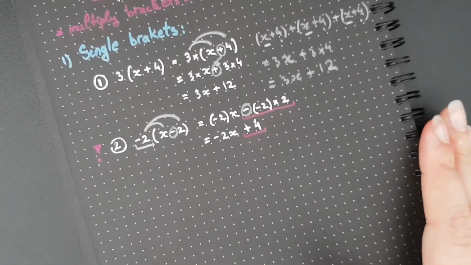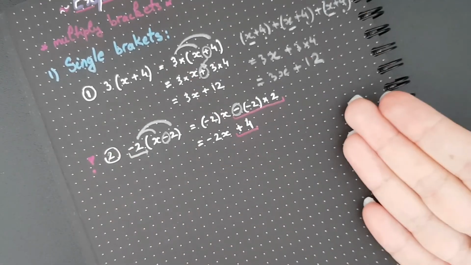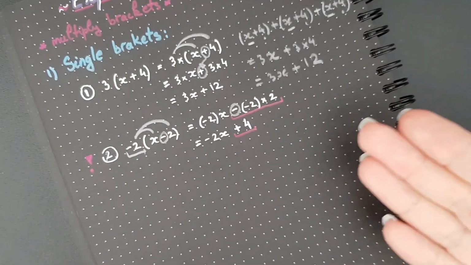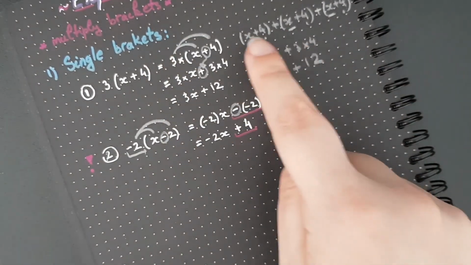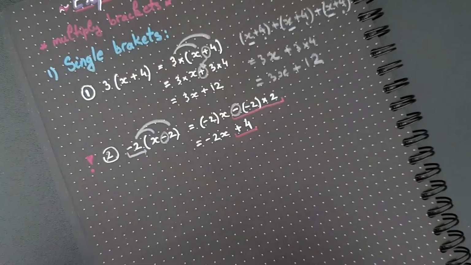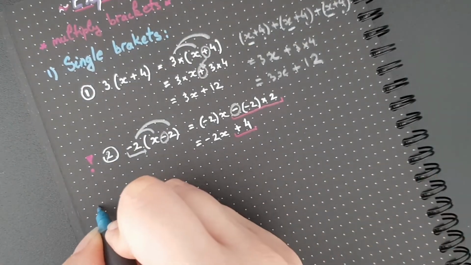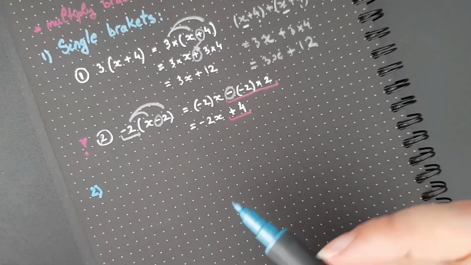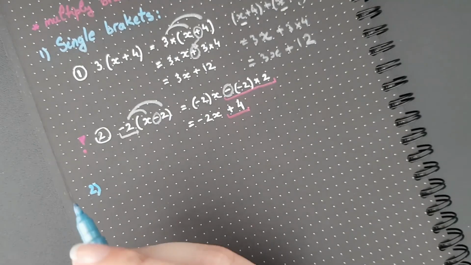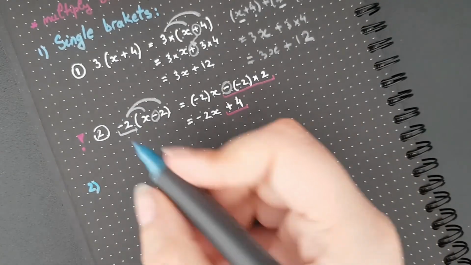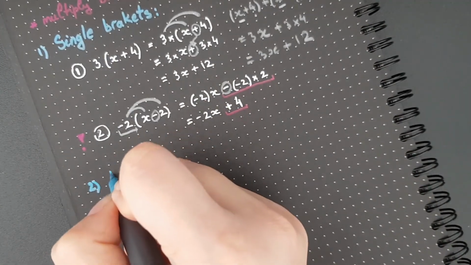So this is for single brackets. I do think I went a bit fast on this, but there's nothing else to say about it. It's just multiplying things together. And if you understand what's happening, then it's very straightforward and it's pretty relaxing to do, if you ask me personally. But yeah. The next bit I want to go on, and it's the bit that we're going to spend a bit more time on, is 2 brackets or 3 brackets. So that's, let's call it, double